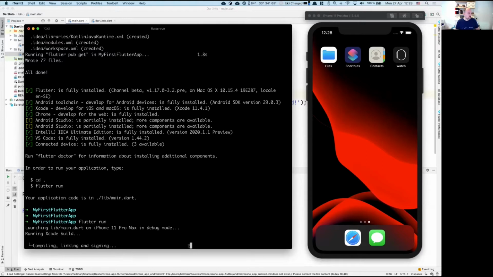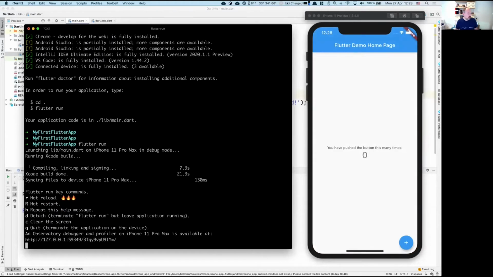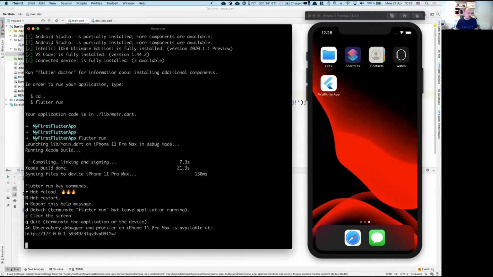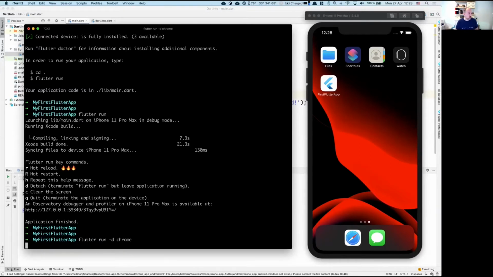I should probably have done this in advance, but there you go. It installs the app and it launches it. And that one works. Now I can quit this one, and instead of running it on the iOS simulator, I can choose to run the exact same app, no code change,